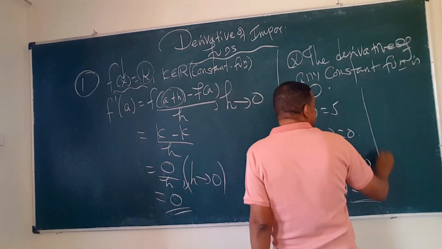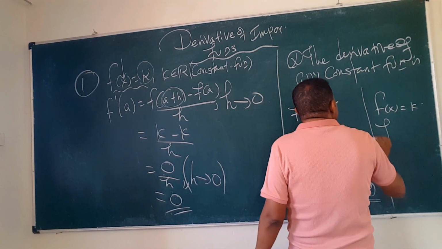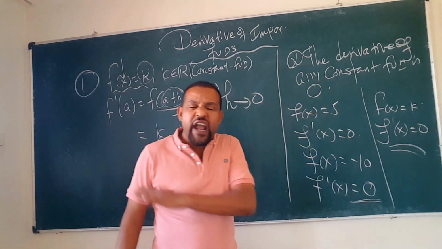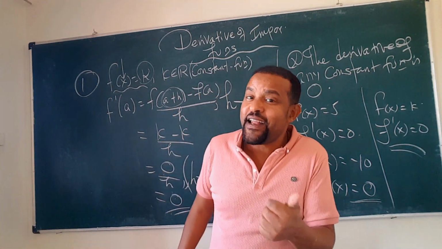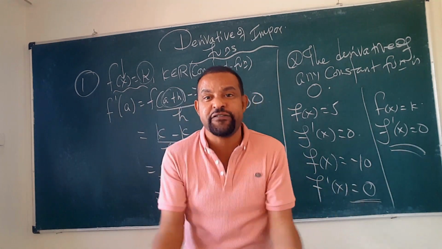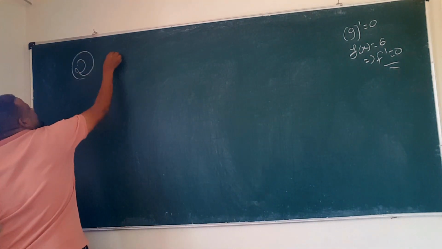So the derivative of any constant function f of x equal to some constant k, f derivative of x is what? 0. So the derivative of any constant function is 0. ምን ማለት ነው? The instantaneous rate of change of any constant function is what? 0 ነው ማለት።